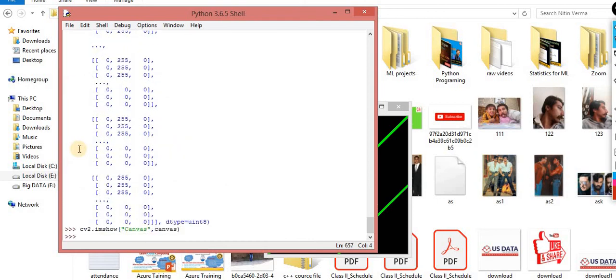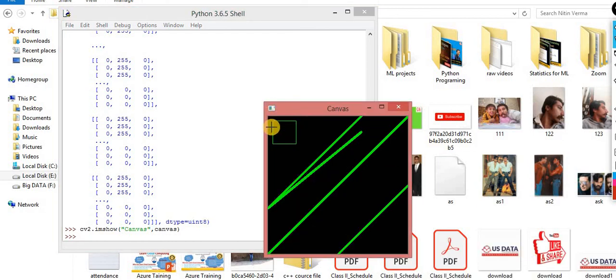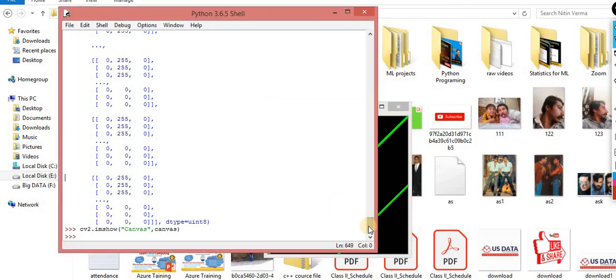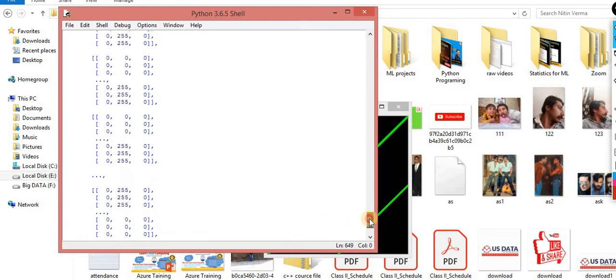Just show it. Now again go over it. Now you can check, a beautiful rectangle is drawn. Now the picture is becoming clearer. Automatically you are supposed to take the help of this rectangle when we draw a rectangle on a face. So let me draw the same thing on the image.